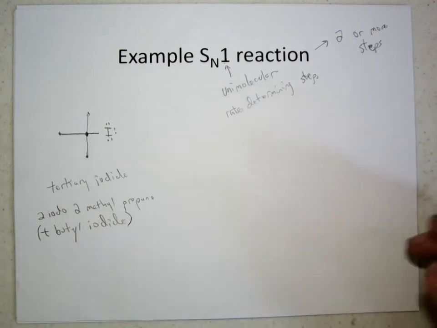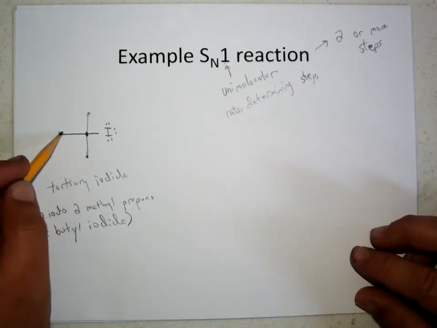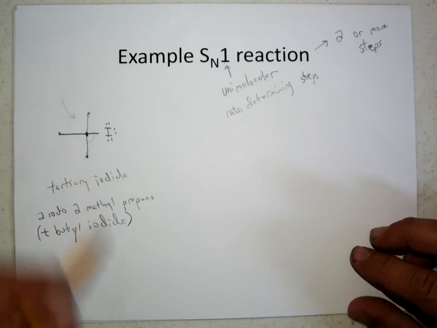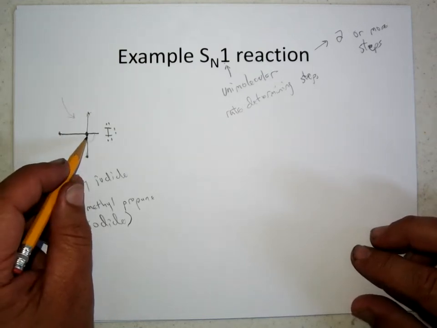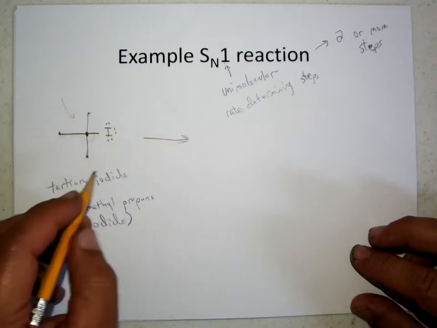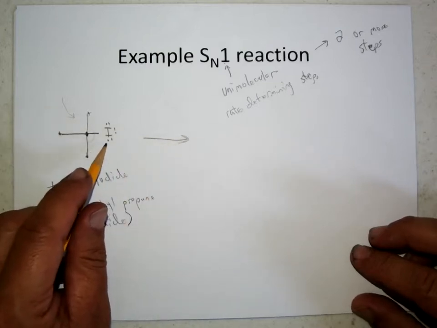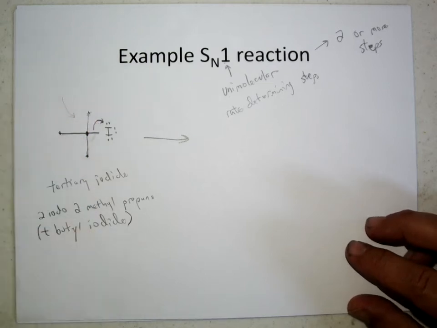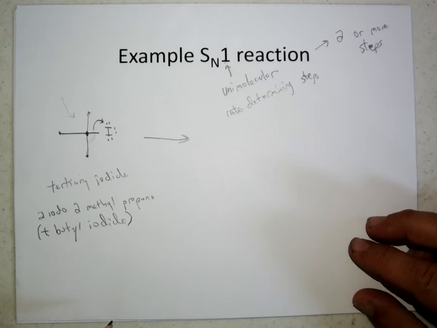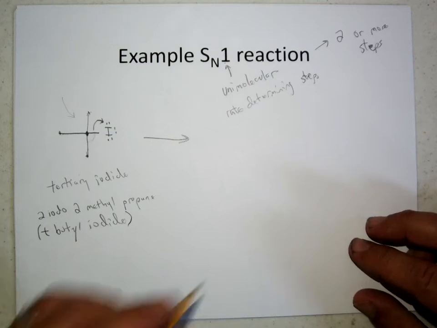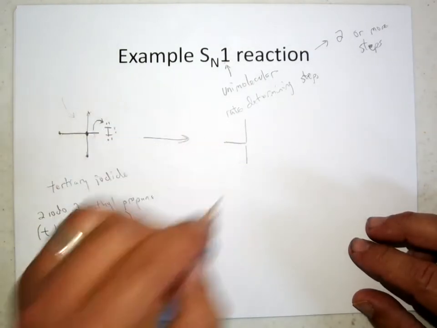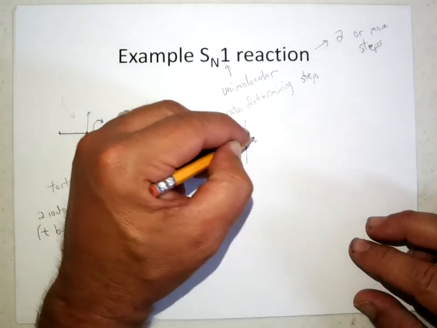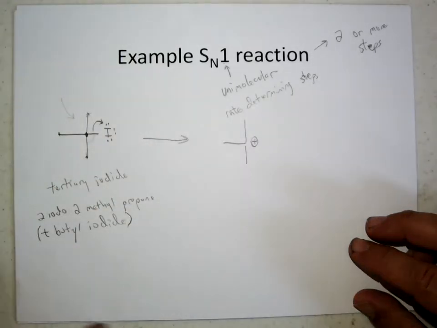And the thing about this is the tertiary group with all these carbons blocking this carbon, there's no way a nucleophile is going to get in there. So what will happen here is that if you put in the right solvent or heat it up or whatever, then the iodine is just going to leave on its own. So it's going to say, it's crowded over there. My bond to the carbon is not that strong. I'm just going to hop off. It doesn't happen all the time. This is slow,